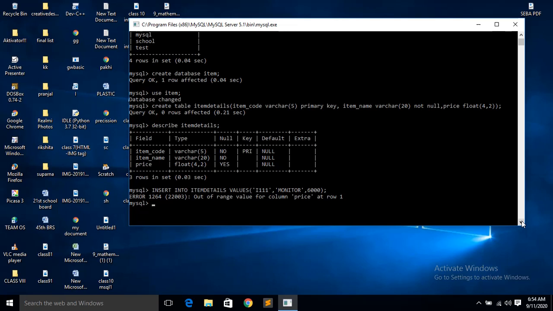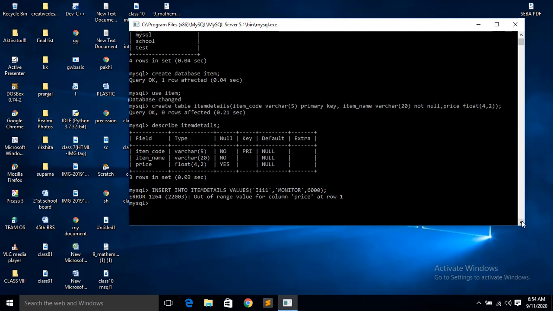What is the error? Out of range value for price. Very nice error, so that you can understand. You can see float 4, I have given a maximum of 4 digits, and in the data I have given 6,000, that is 1 2 3 4, is not it?